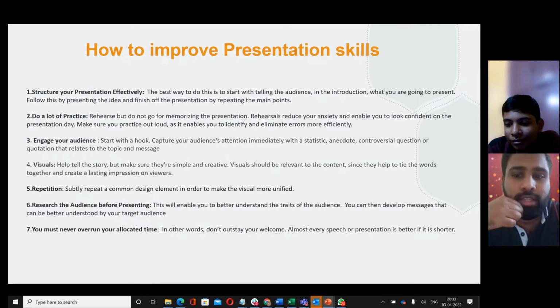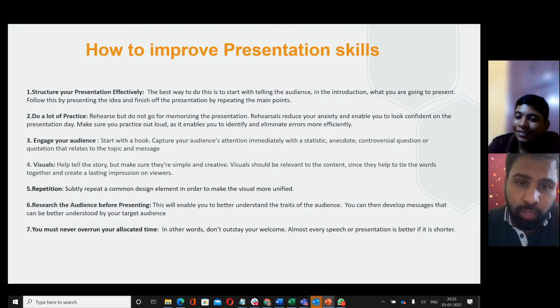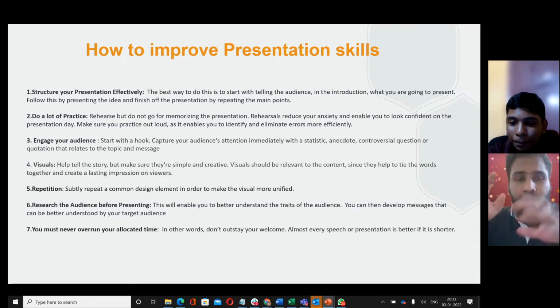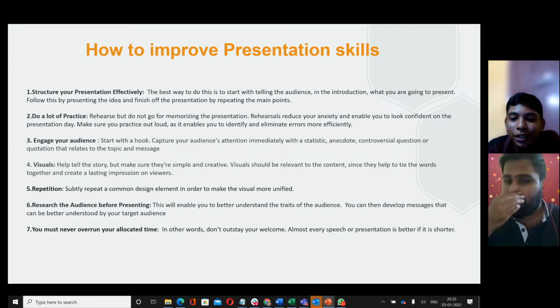Got it? So, you know what memorizing is, no? For example, you are studying something, you will memorize. Not everything you will remember. What you will do then, you will think, what was it? But remember, when you're presenting this to someone, you won't get that time to think. That is why do not memorize the words. What I wrote here is just for your understanding. Know the content and tell it to them.